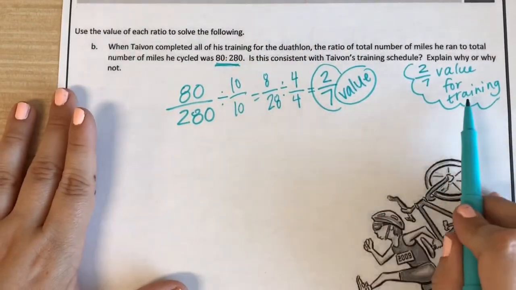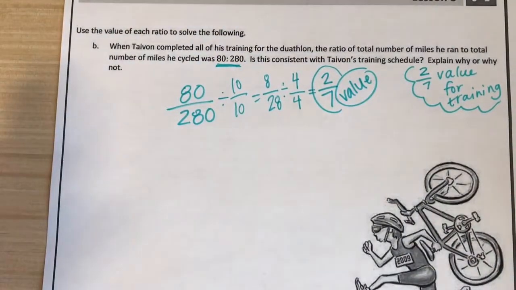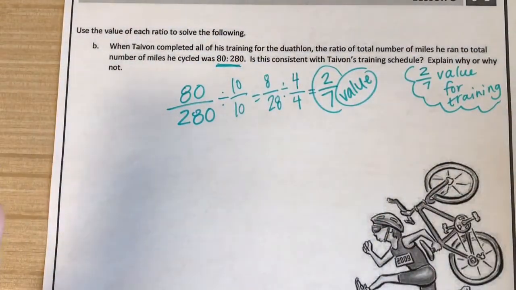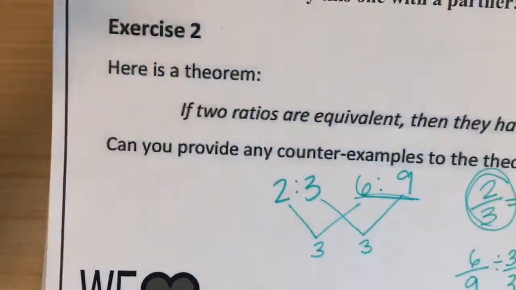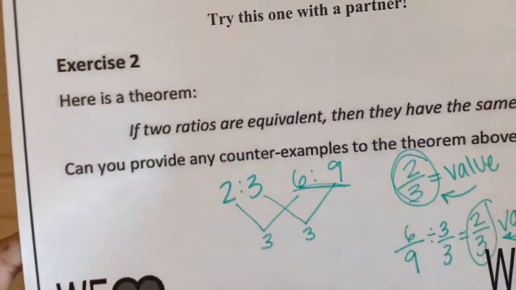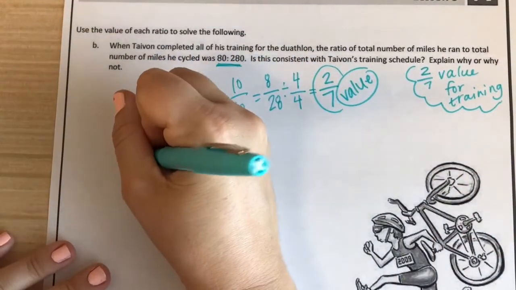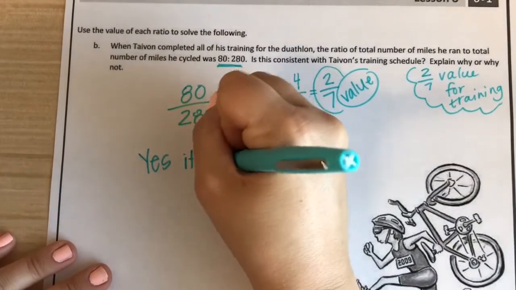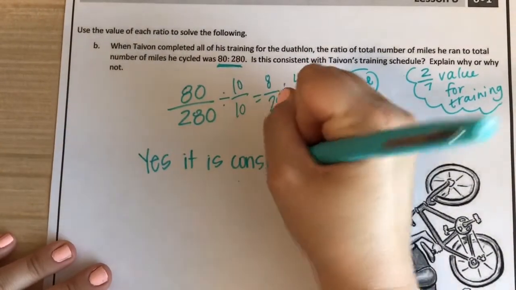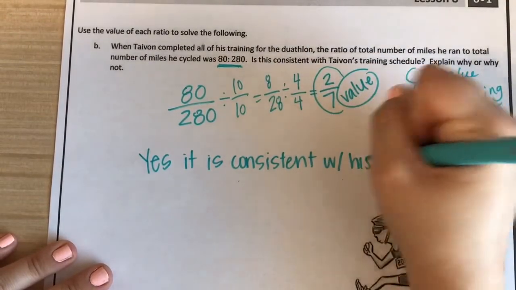Is that comparable with the training schedule? Well, yes, it is, because they have the same value. And what we recognized, and tried to disprove but were unable to, is that if two ratios are equivalent, they have the same value. Okay, so yes, it is consistent with his training